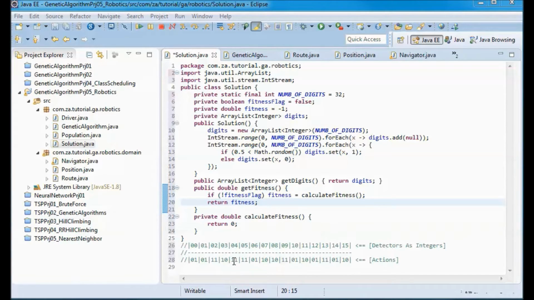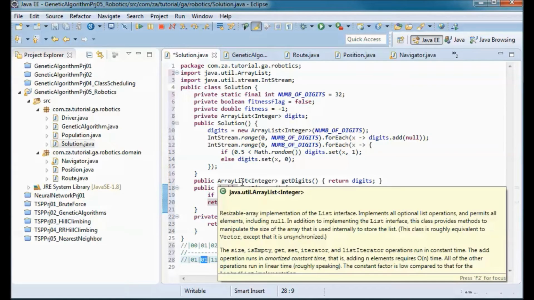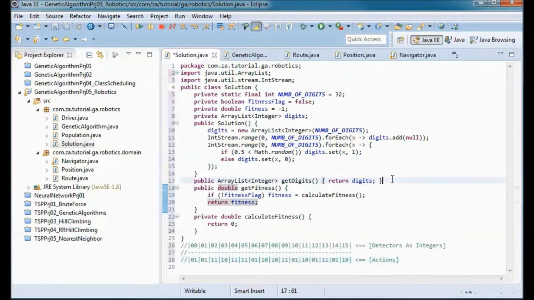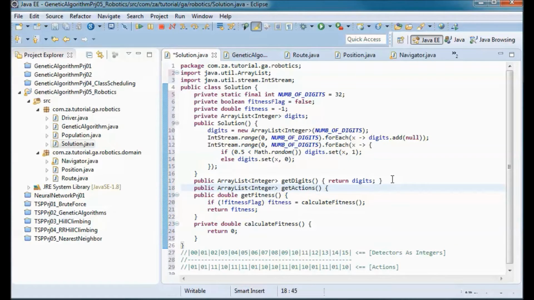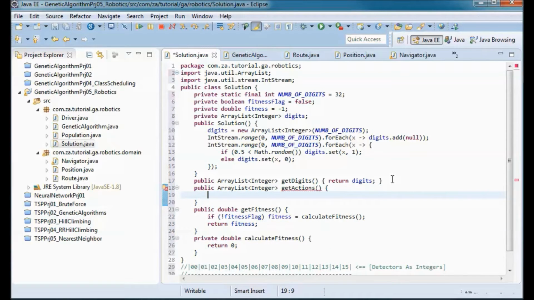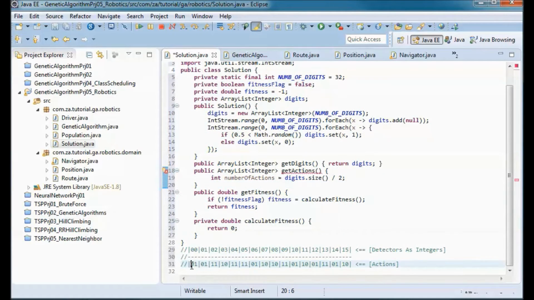And here each 2 digits represent an action, so we need a method that would return those actions. So I'll have this get actions method, and the number of actions is essentially the digits size over 2, since each 2 would make an action.